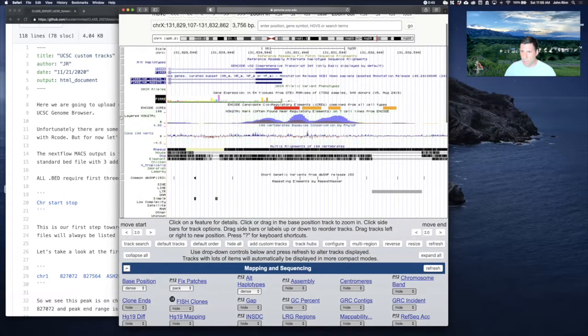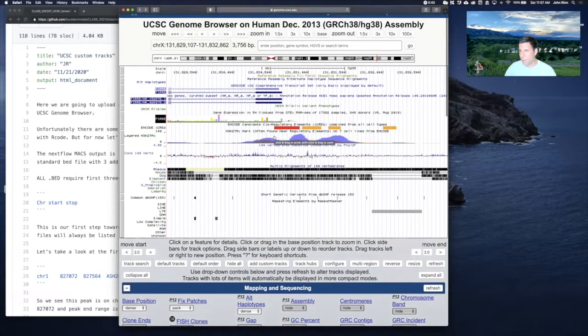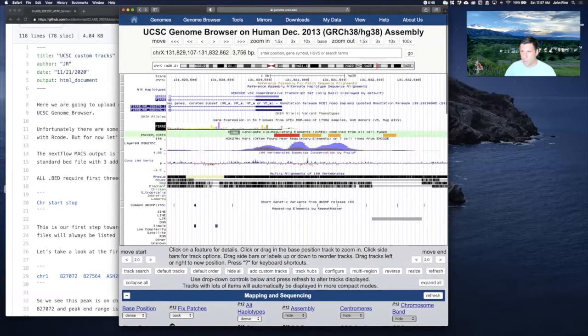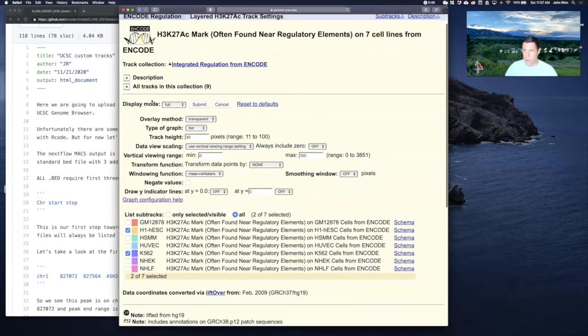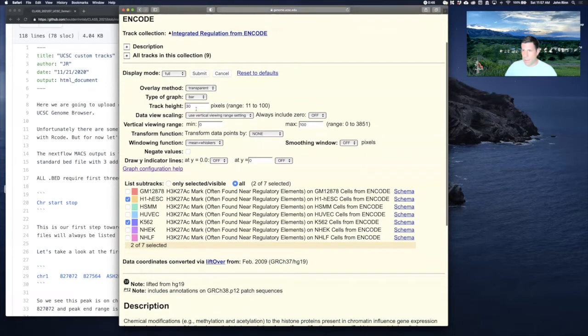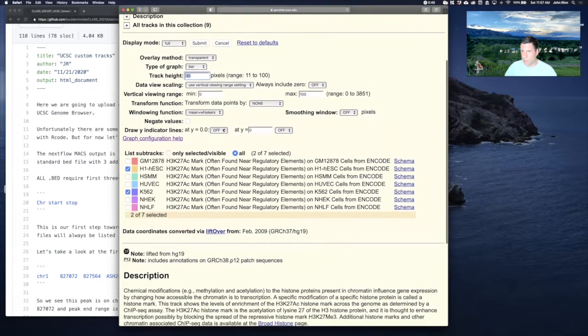And these chromatin marks are ChIP data that we actually downloaded from ENCODE. So we can look at what ENCODE had already produced on the data that we're analyzing. And then one other quick thing here is you can quickly change aspects of each track by right-clicking on this bar here. And so if we wanted to configure this track, we could set its height or its